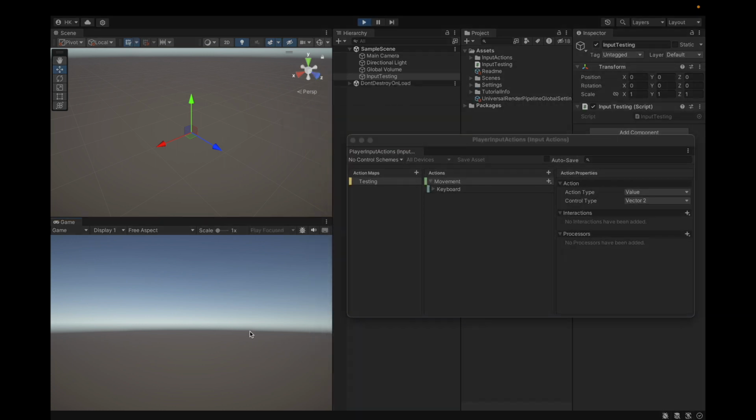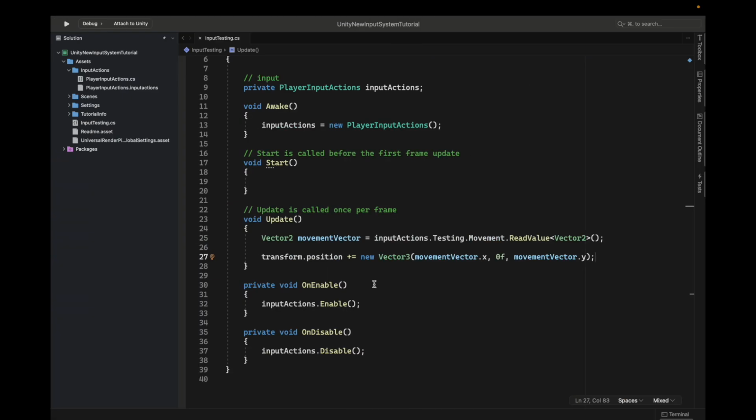Alright, now we have this game object. It's not working, I think, is it? Yes, it is. So you can see that it's quite snappy, not all smooth, and we look like we're just boosting here and there very fast, and that's not great. And why is this happening? That's because we're doing this every update, and we don't multiply it by time delta time, which is the